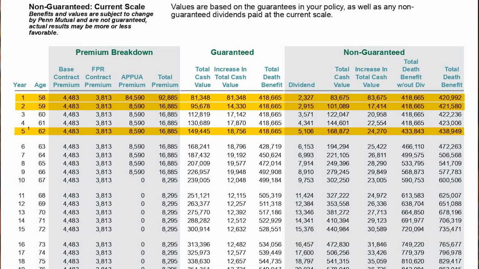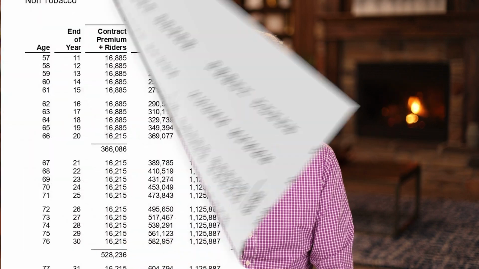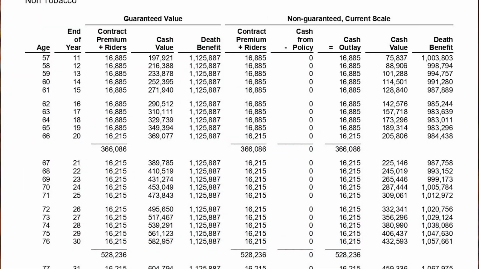Now 5 years in, right? So 5 years in, this is at year 5 for this one. It shows $168,000, almost $169,000. Now what is it on the other one? Remember, we've got to add 11 years, so that would be year 16. Look at this, going back to the other one, at year 16 you've got 142,000. So already within the first few years, we're kicking the crap out of it.